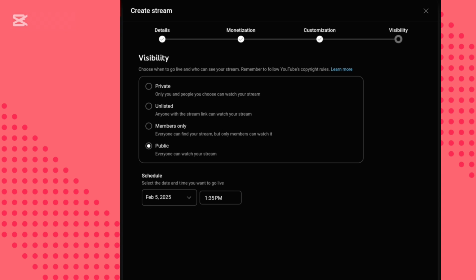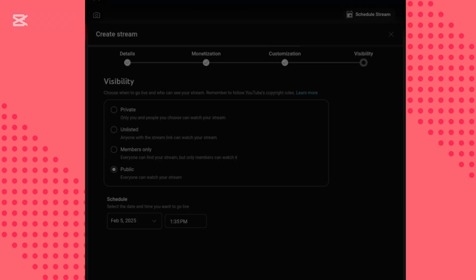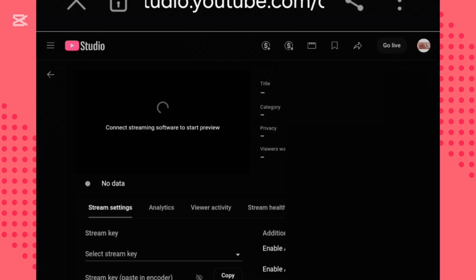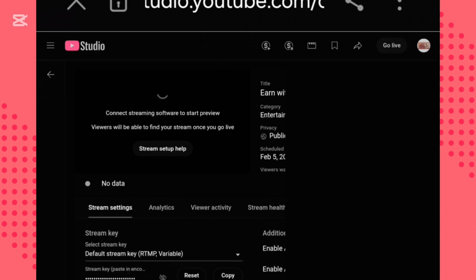So okay, I can actually leave it at this time. You guys can put the time you want to schedule it. After you are done scheduling, you just click on done. Okay, it's loading. It's going. What's wrong? This network is making it longer. Yes. So after you're done, as you can see,